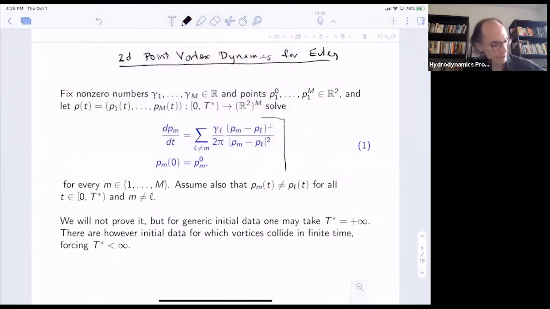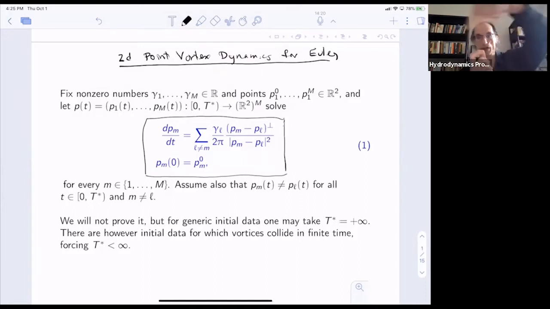We gave a formal discussion leading to this some time ago. I have vortices P sub n, where n runs from 1 up to capital M. Each vortex generates a rotational velocity field that falls off like 1 over distance, and it has a strength